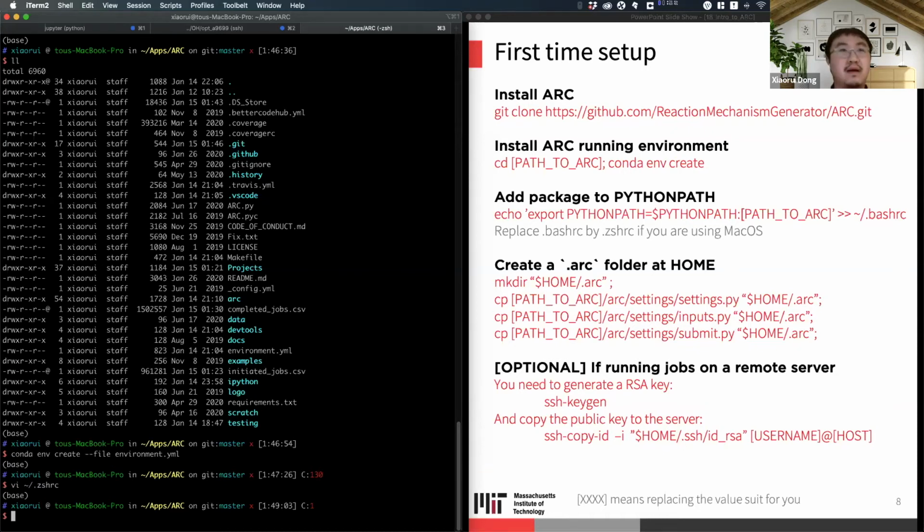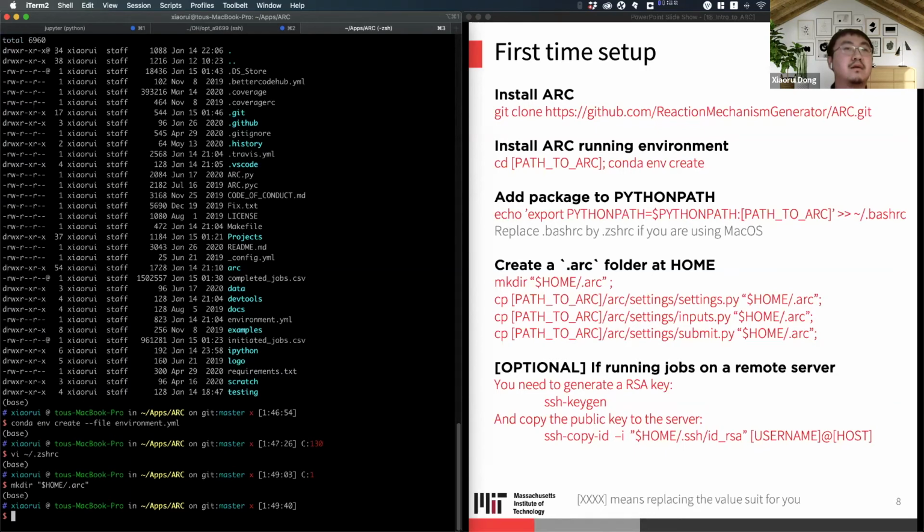You can do that by making a directory in home, .arc, and there will be a .arc folder. So we can copy the